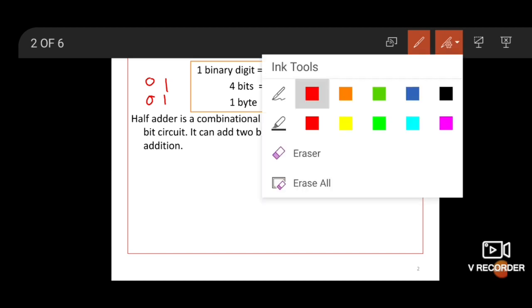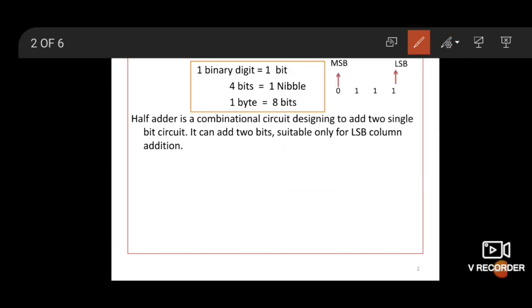Take another example, suppose 0 1 1 1. Add these two binary numbers using binary addition. 1 plus 1 is 0, carry 1. Now see here students, half adder performs only 2 bits, but in the next column there are 3